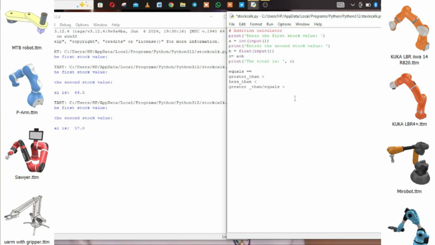And then we have less than or equals, then we have the not equal. Is presented as this. So these are the six basic operators